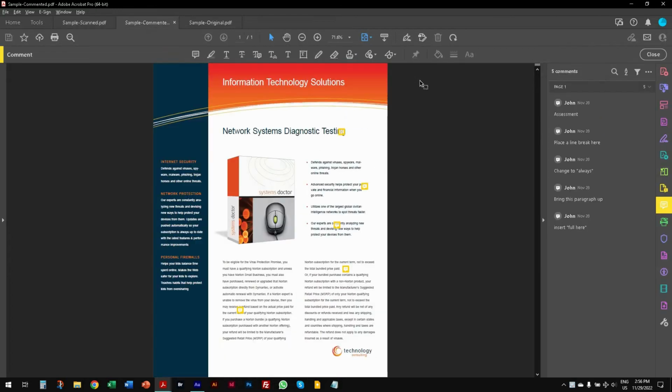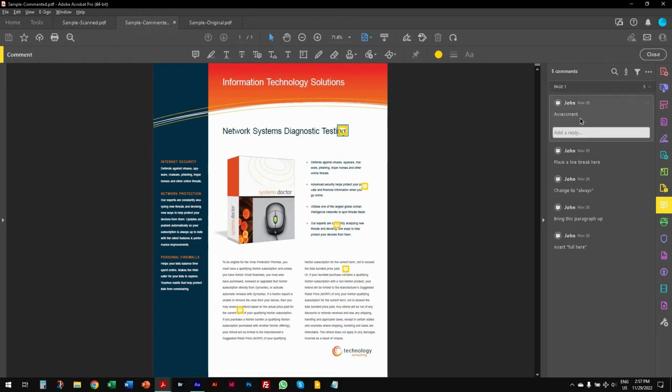And in this example, the reviewer used sticky notes in all the places they wanted changes. But the problem with this is the instructions might not always be clear. For instance, there's a note on the word testing that just reads assessment. I'm assuming they want to replace the word testing, but what if they meant to add the word assessment next to it? Also, it's not always clear where the note is placed. Over here and here, for example, the notes look like they're placed between the two lines.